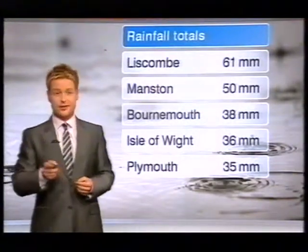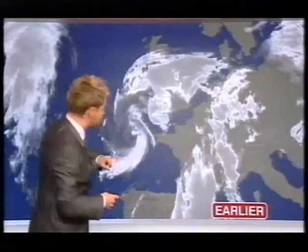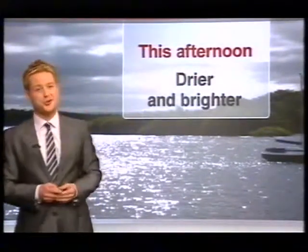And if you think you've seen the last of the rainfall, well, you can think again. Nasty clouds are looming across parts of France, heading our way. Rain-bearing clouds heading towards the UK over the next 24 hours, and more on that in just a second or two. But for the time being, let's look on the bright side of things and enjoy the drier and the